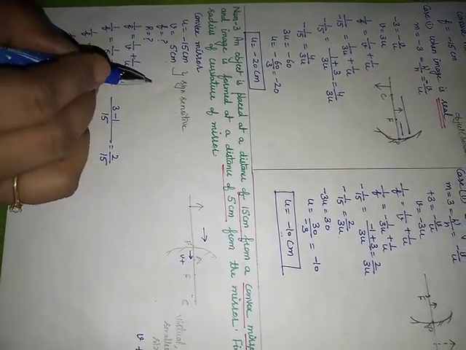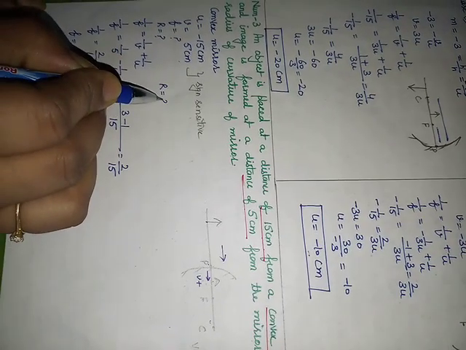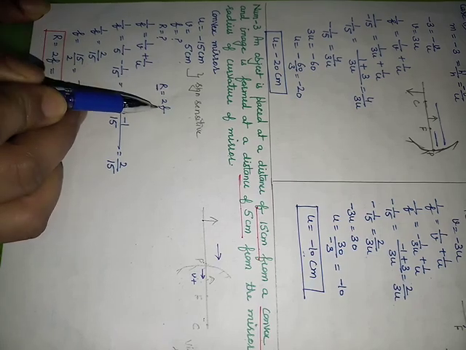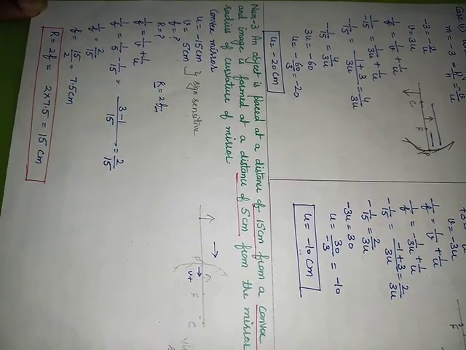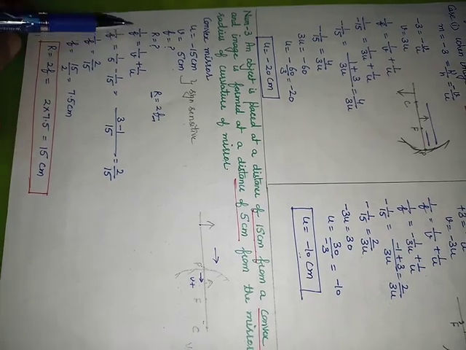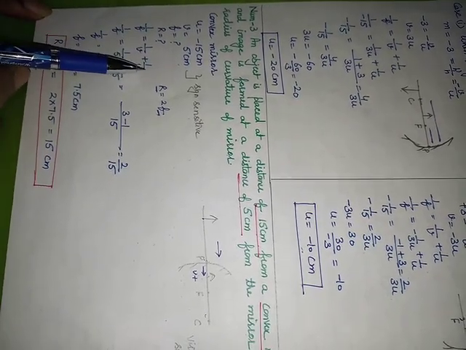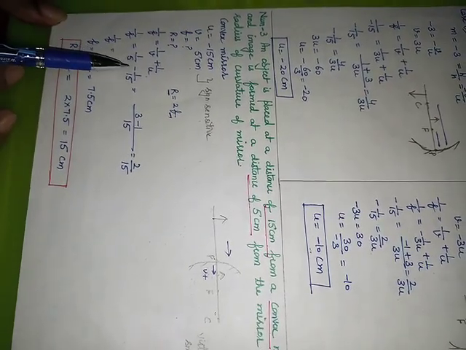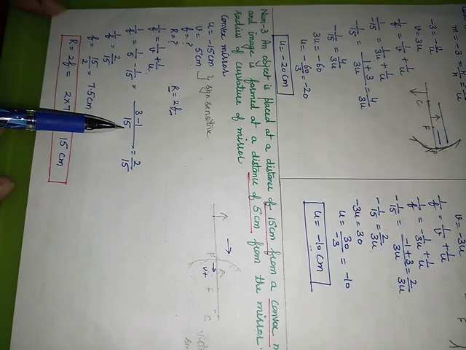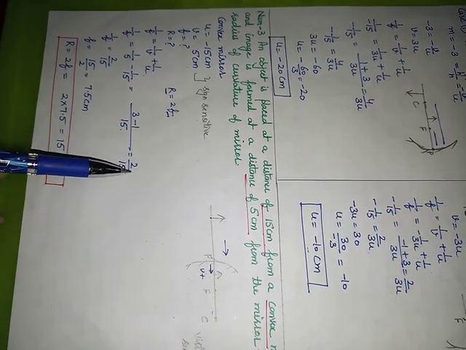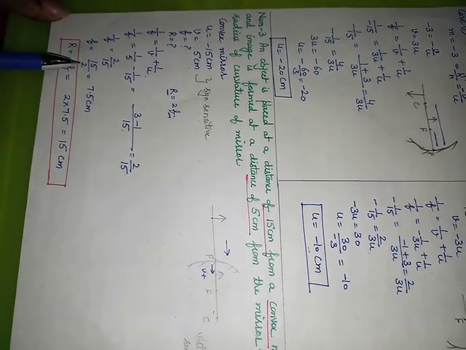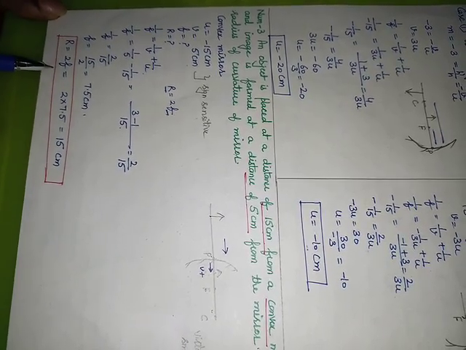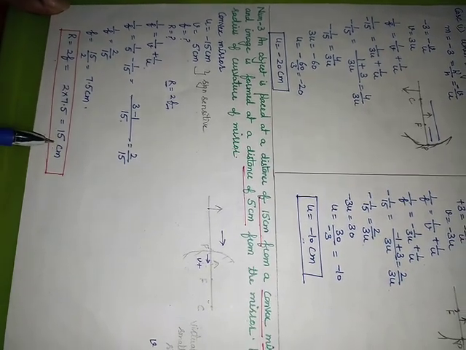We have to find value of f and radius of curvature. In order to find radius of curvature, I will use relation r is equal to 2f. So in order to find r, first we should know what is value of f. Again using mirror formula, 1 upon f is equal to 1 upon v plus 1 upon u. Put the value here. 1 upon f is equal to 1 upon 5 minus 1 upon 15. LCM 15. 3 minus 1 is equal to 2 upon 15. So f is coming out to be 7.5 centimeter. R is twice of f. So it is coming out to be 15 centimeter.